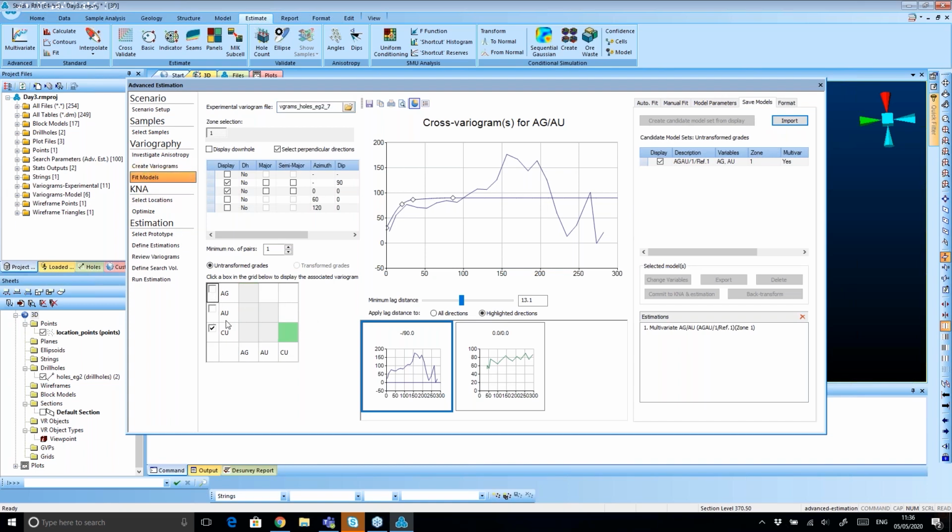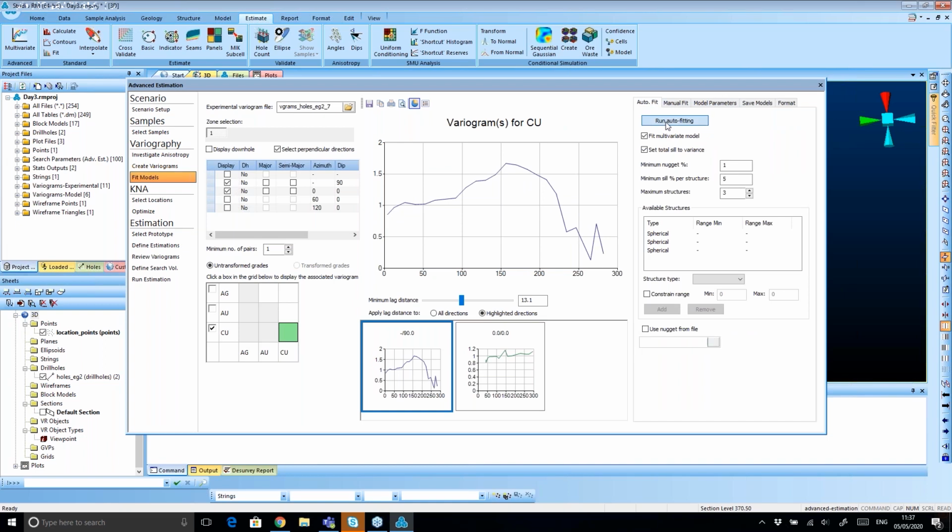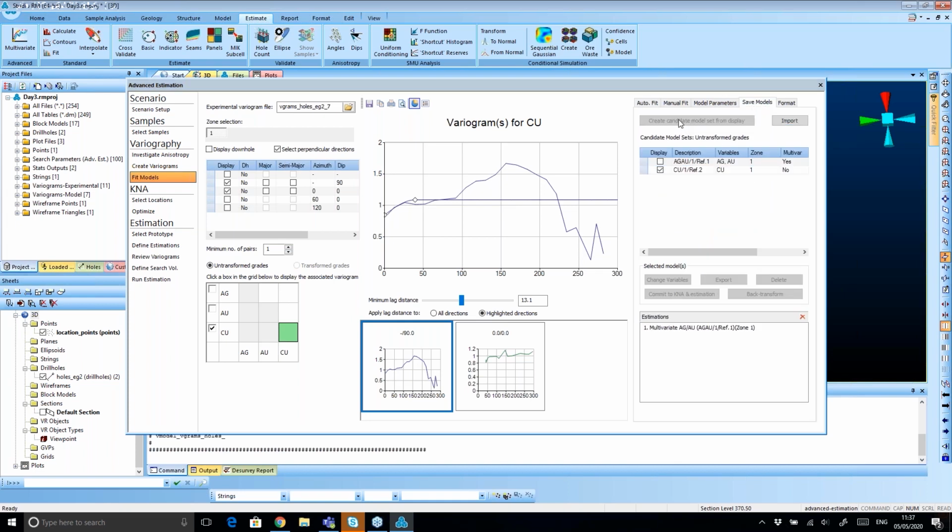If I click here, copper, and then I do the auto fitting again, run auto fitting. Yeah, I've done the fitting for copper, and also I can save it as well. This is for copper, and then click here, and then here, commit to QKNA. Done it. Then once I finish this, the next one, I'm going to go for the Kriging neighborhood analysis, which